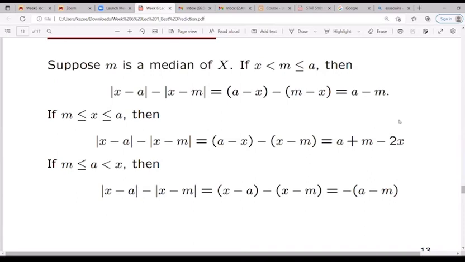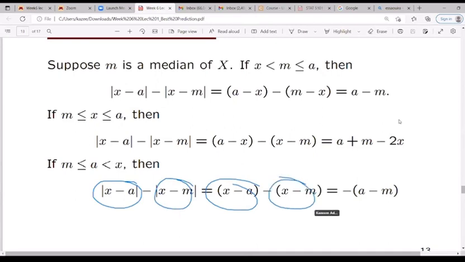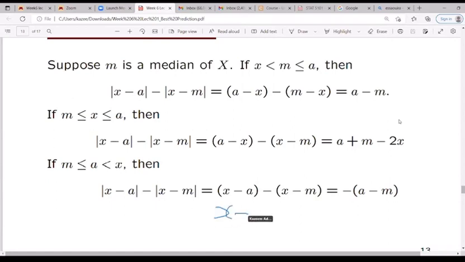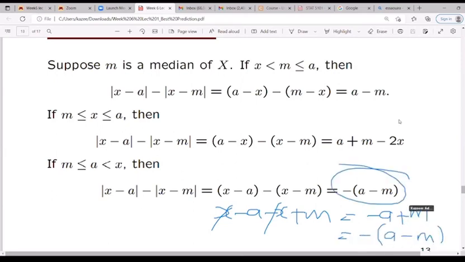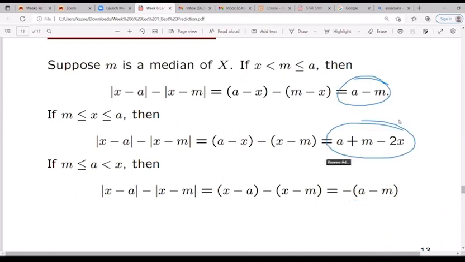I'm not going to switch this. That's why I have this. After removing the absolute value, I'm not going to switch that. Then by the time I simplify now, minus X plus M, take a look at that. So this is going to cancel that, and automatically that will give me minus M plus M, which is more or less going to be minus into A minus M, which is what I have here. Now I get three possible scenarios. Take a look at that.